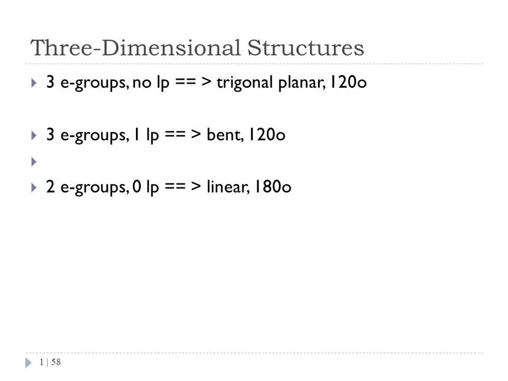If we've got 3 groups with no lone pairs, we're going to have a trigonal planar structure. So I'll just draw the pictures for this. These are nice because these are 2-dimensional. So you've got the atom in the middle, and you've got 3 groups around it. If all of those are atoms, it's trigonal planar, meaning it's a plane triangle. It's in a flat plane. If you have 1 lone pair, that means that one of these is invisible, and what's left is bent, but